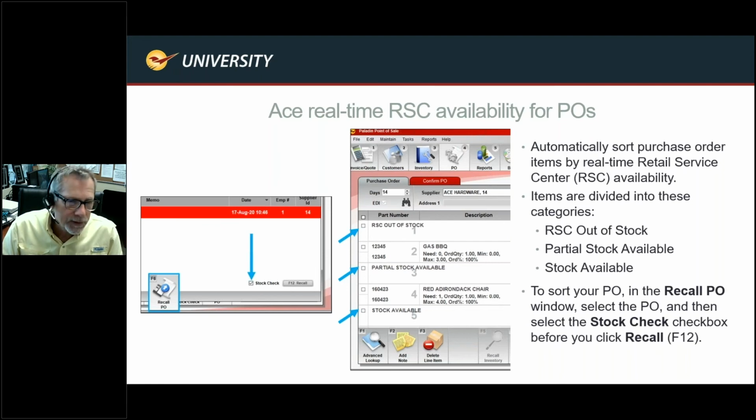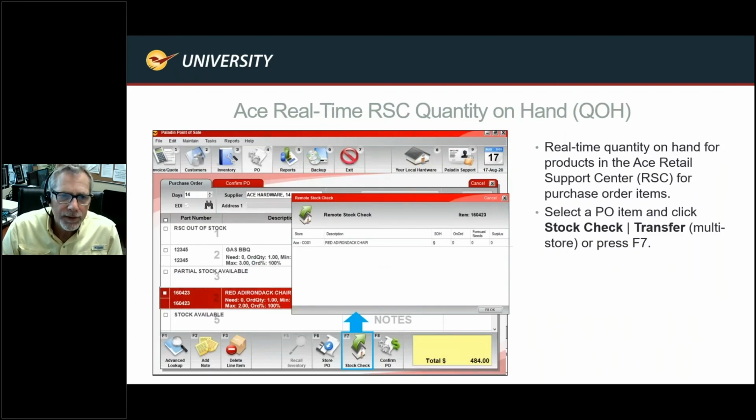Tremendous efficiency. If that was the theme of this particular presentation, efficiencies, this is one of those that you're going to get a big return for your buck with. All right, so moving on, here's another thing that we've done.